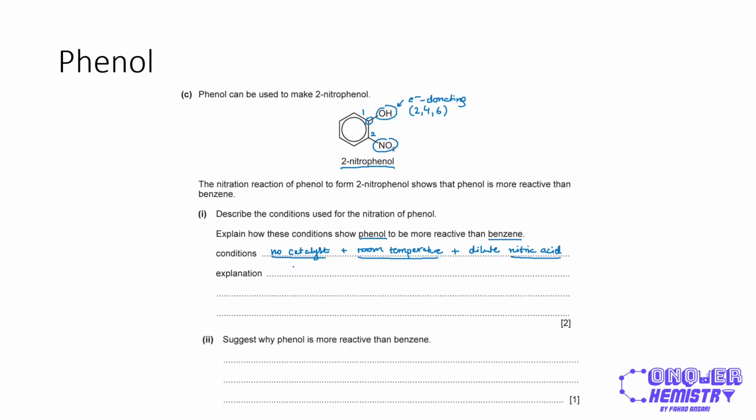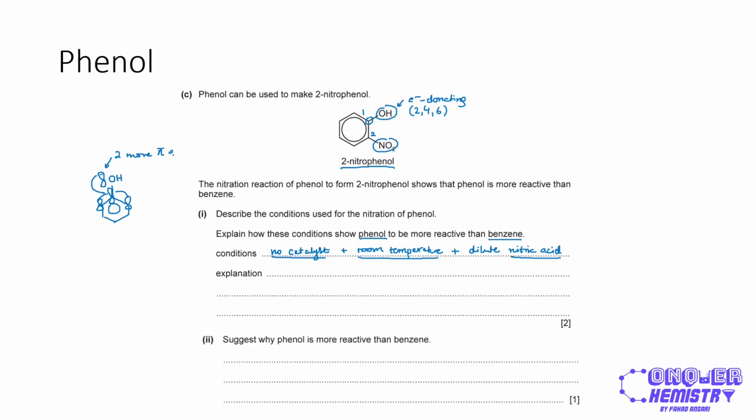And the reason why it is more reactive than benzene is, again, if we look at the structure of phenol, we have an oxygen atom bonded to the benzene ring, which carries a lone pair, and that lone pair becomes delocalized into the benzene ring. This lone pair in the p orbital overlaps with a p orbital of the carbon atom it is bonded to, which of course is part of the delocalized ring. And so that contributes 2 more pi electrons to the delocalized system,